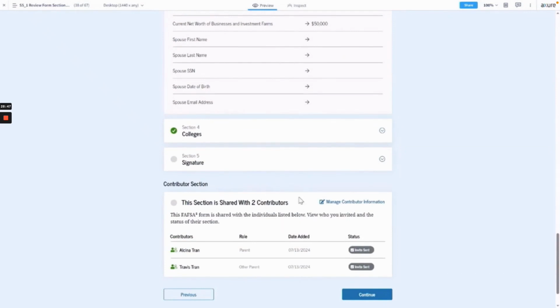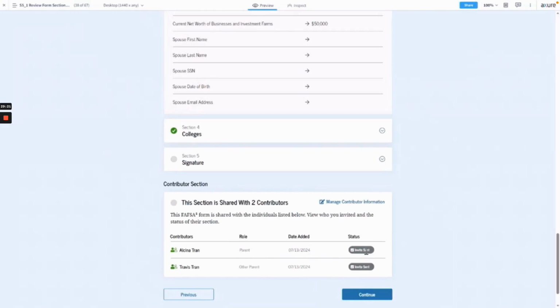So again, this is a prototype, so it's not reflecting exactly what I entered. I entered information for, I think it was Jane Smith, as my one parent. You can see here, there's an indication that I actually shared my application with 2 parents, Alcina Tran and Travis Tran. And very shortly, Kim will be playing the role of Alcina Tran and showing you all what the parent experience will be. But this allows the student to see that they did send 1 or more invitations